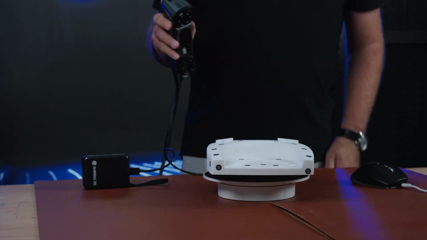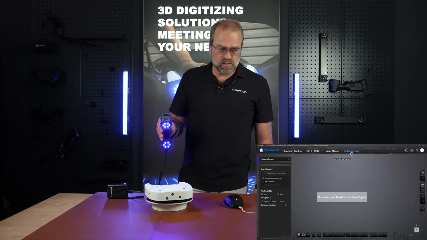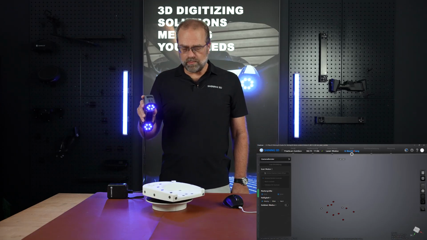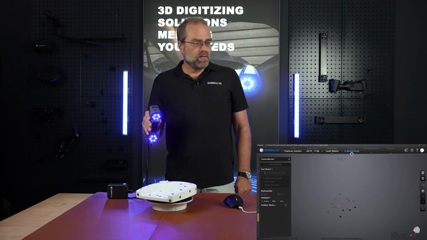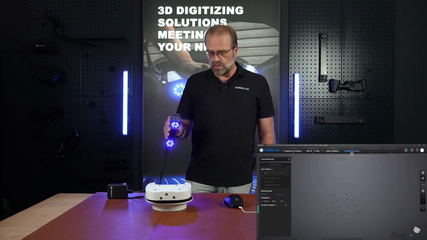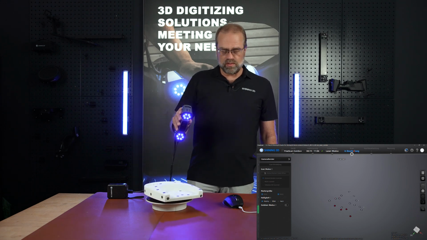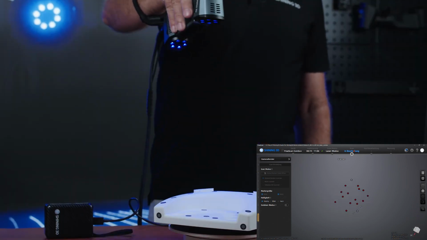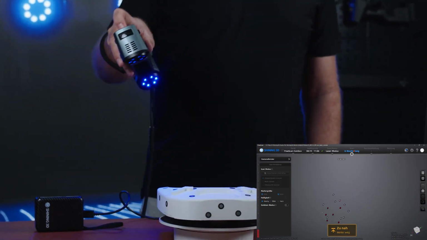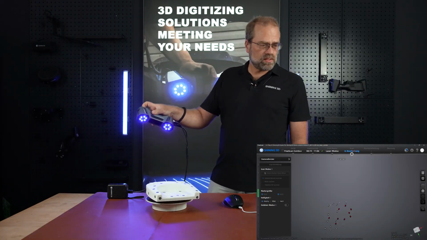First of all, we have to generate a marker file that helps the scanner locate the position of the file. As you can see, the markers on the screen are already judged to see if they are good enough to scan the object, or if you still have to rescan a little bit. As soon as you have enough points scanned on the model,